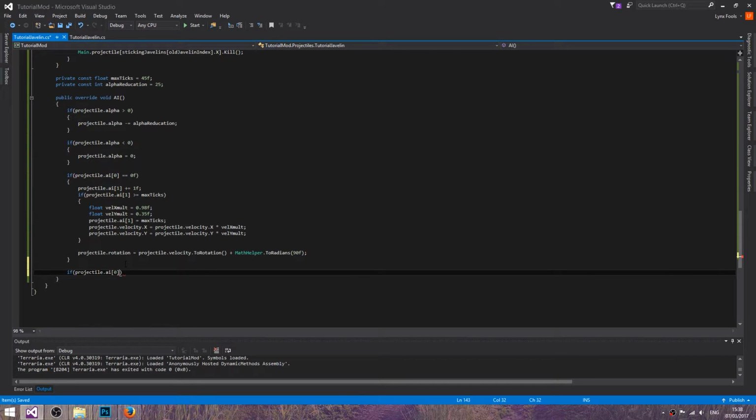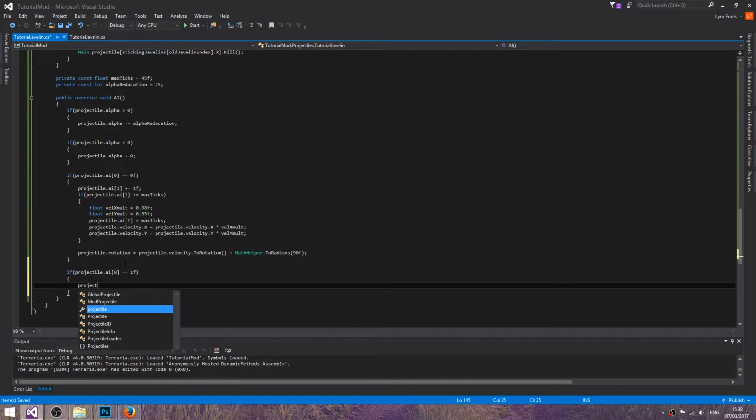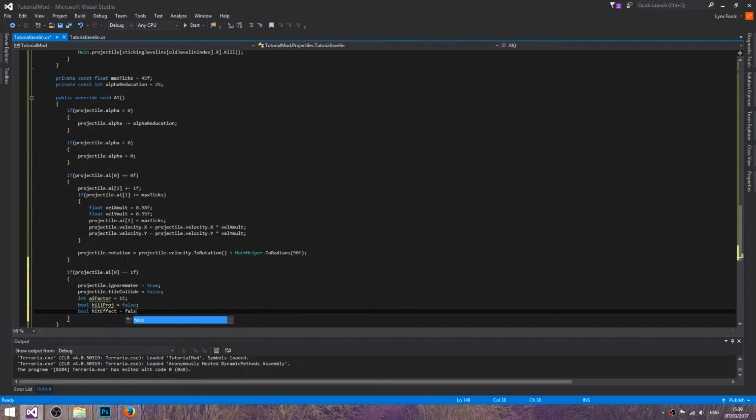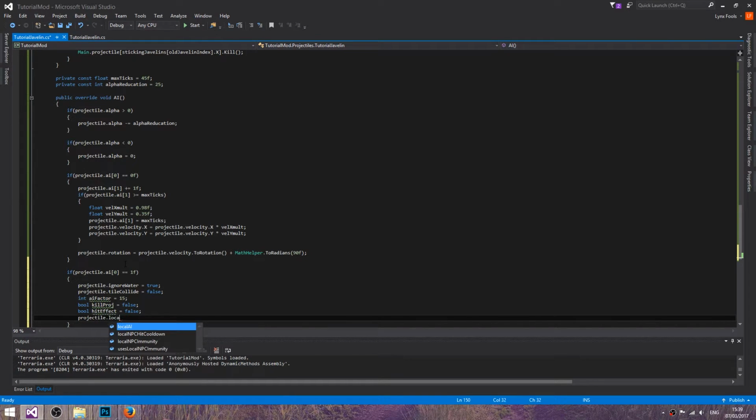projectile.ai 0 equals 1f, projectile.ignoreWater equals true, projectile.tileCollide equals false, int aiFactor equals 15, bool killBodge equals false, bool hitEffect is false, projectile.localAI 0 plus equals 1f, hitEffect equals projectile.localAI 0, and I believe that is